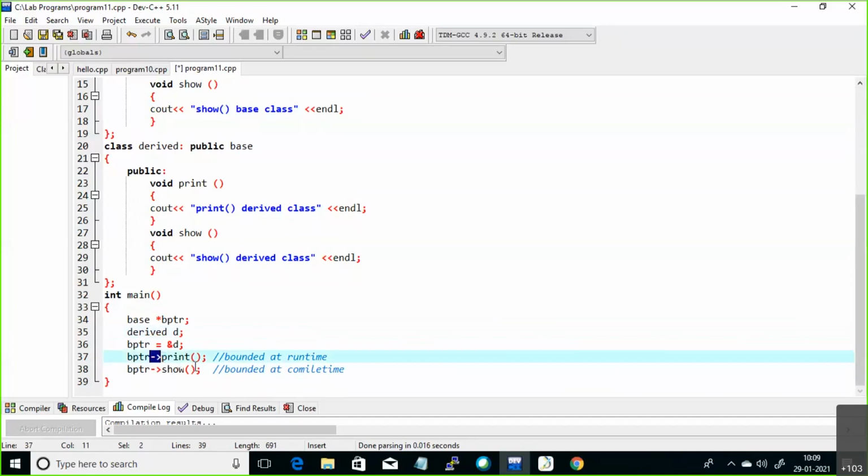This is the pointer to member operator. I'm just calling the print method and the show method. See, now your pointer is pointing to the derived class object. If I call this particular print method, what happens? If I call this show method, what happens? Just observe this output.